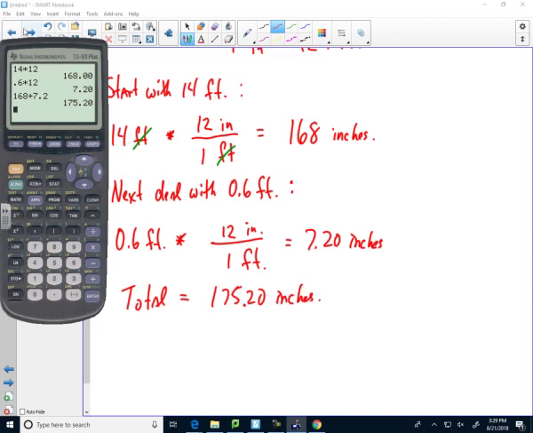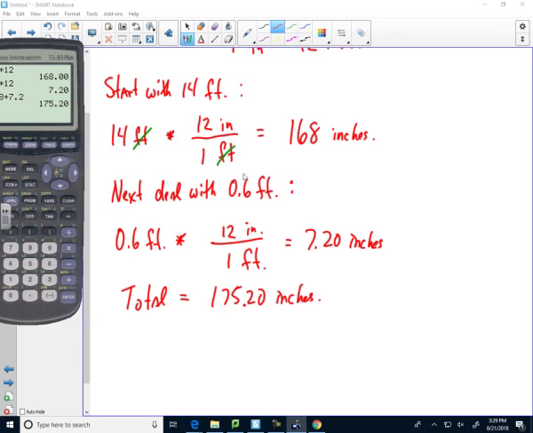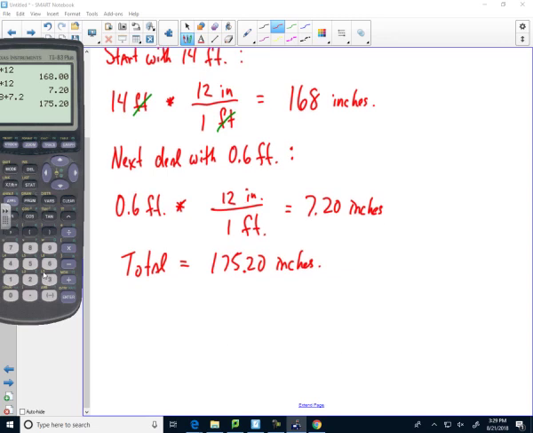And of course I wanted to show you how to deal with that, but watch, I'm pretty sure we could have done this all at once. Let's try this. 14.6 feet times, and again, feet on the bottom, we want to get rid of that, inches on top, that's what we want. 12 of these, one of those, and let's see,